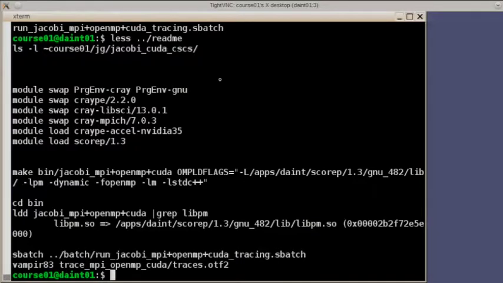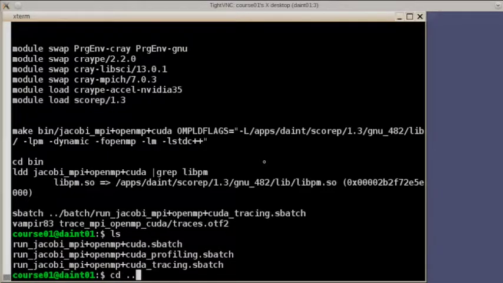Exactly. So there's one step that's different now: in the make process we have to use dynamic linking here. Scopy has been built with static libraries only, so it links them in statically by default. But for the plugin to work, since it uses dlopen and so forth during runtime, we have to do dynamic linking, which would be enabled by default if we used shared libraries of Scopy, but since that's not the case, we have to use that explicitly. So you should be able to just load the environment and then do this make call.